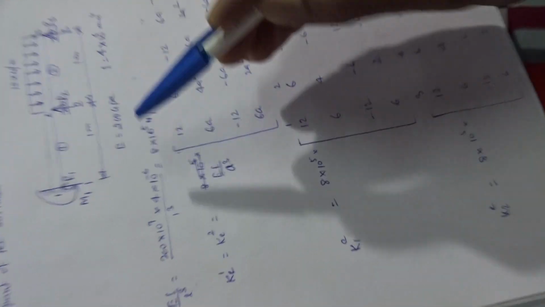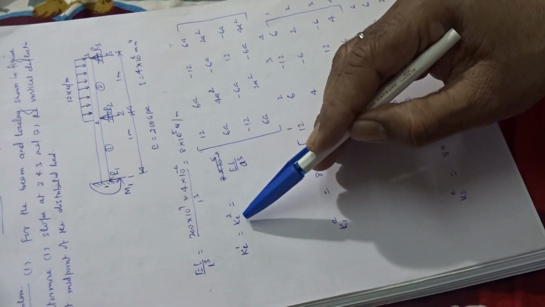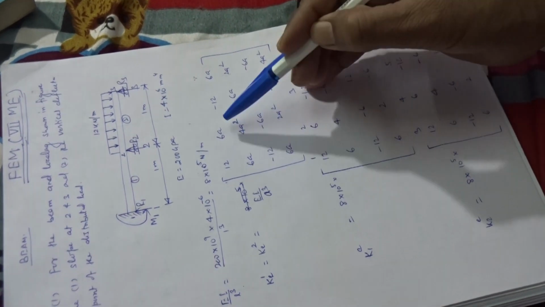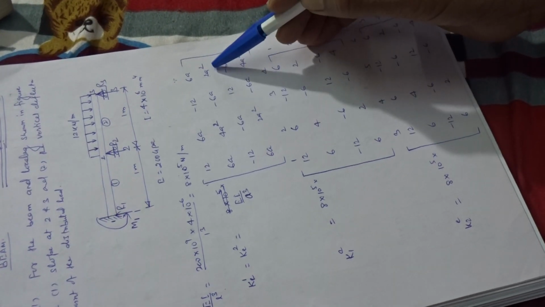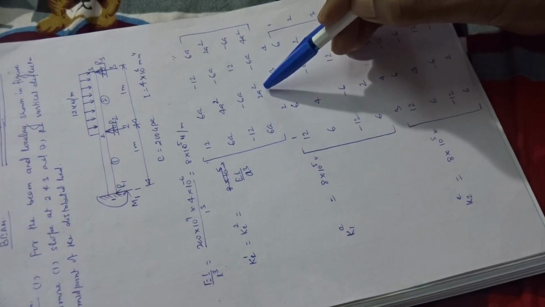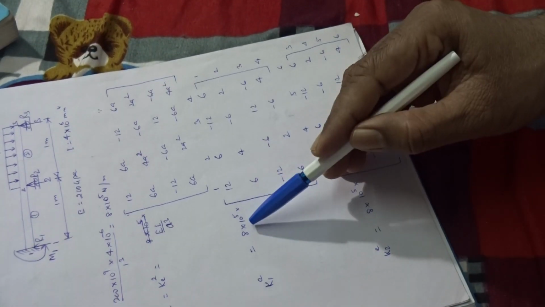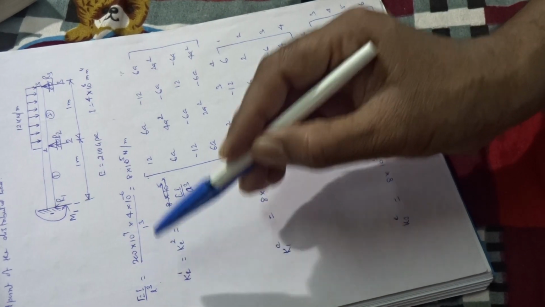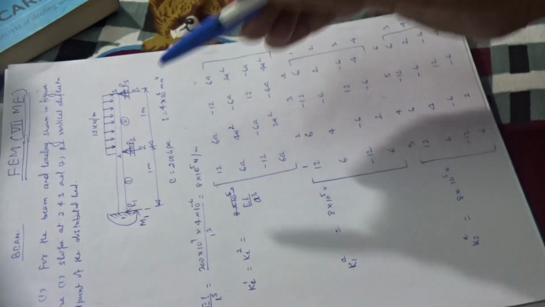And the element stiffness matrix is the same for elements 1 and 2. So KE1 is equal to KE2 is equal to EI by L cubed times 12, 6a, minus 12, 6a; 6a, 4a squared, minus 6a, 2a squared; minus 12, minus 6a, 12, minus 6a; 6a, 2a squared, minus 6a, 4a squared. So KE1 is equal to 8 into 10 to the power 5. I already found the value of EI by L cubed, and a is 1 meter,